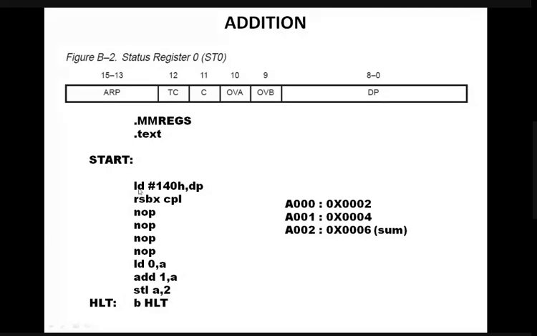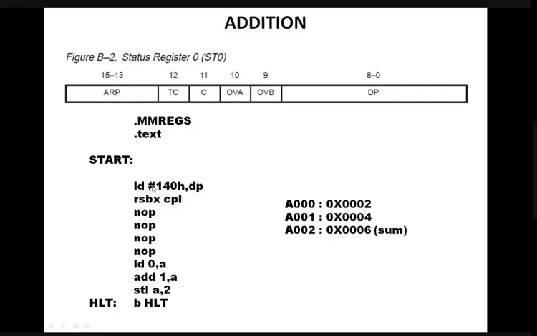LD, load store architecture, as I told you, this uses load store architecture. Because it is load store architecture, LD means load and ST means store. LD means loading the register from memory, ST means storing the register content to memory, something like this. So in our 8051, data will go from right to left, but in our DSP processor, data will go from right to left with respect to the instruction.